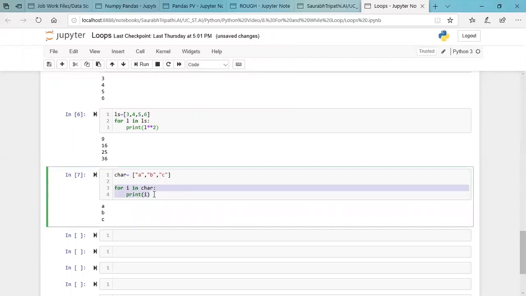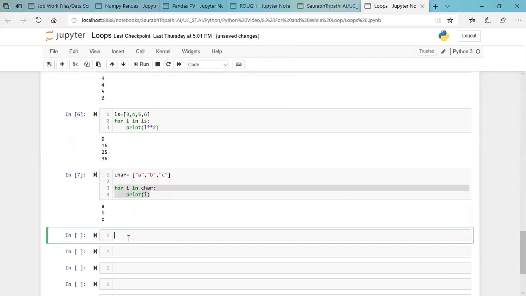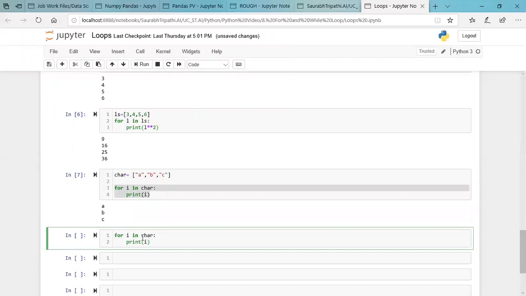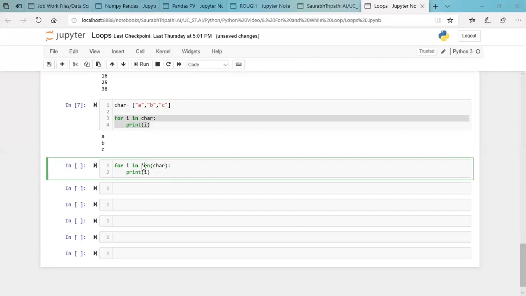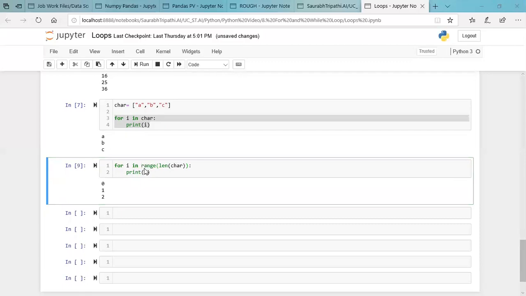Now, if we want to do something else, say we just want to take the index or number, we can also use the length of CHAR, and put all of this inside range. Okay, when you run this, you get something like this. As you already know, if you use this, let me show you what is the output of this too.